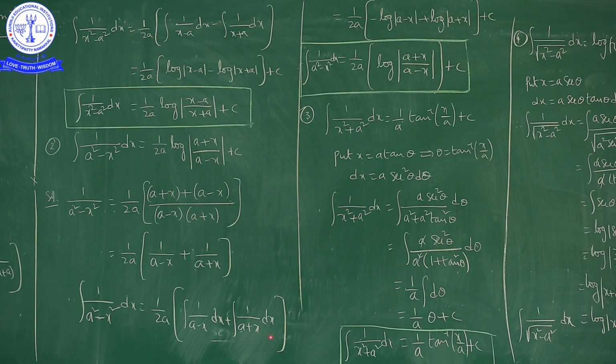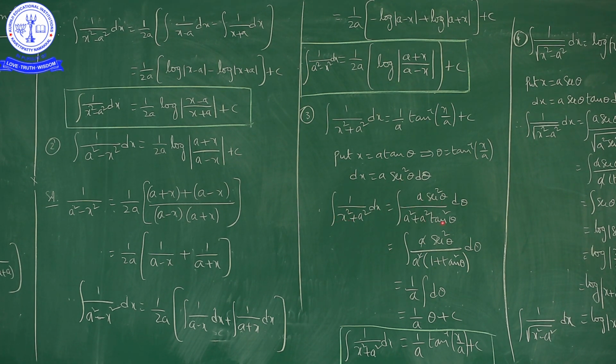Okay, this is also an important formula. Now what do we substitute here in place of x? In place of x we will substitute a tan theta. dx is equal to a secant square theta d theta. Now, 1 upon x square plus a square dx equals, dx is a secant square theta d theta,